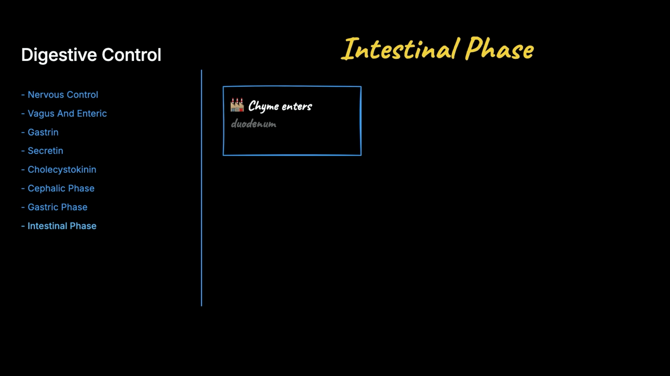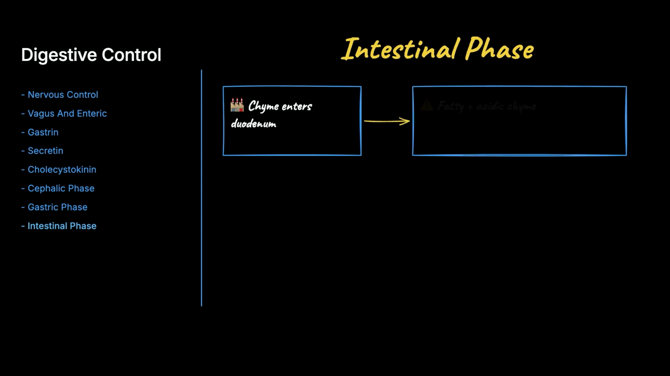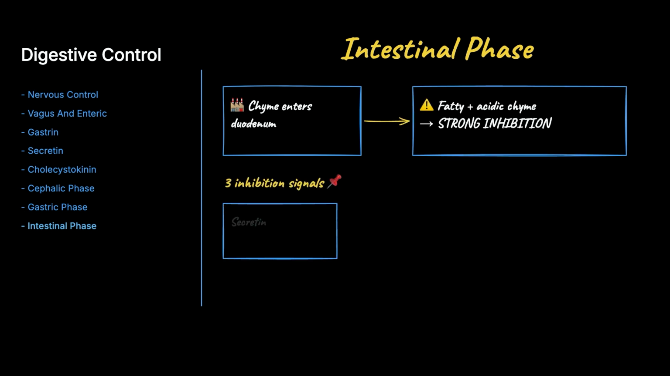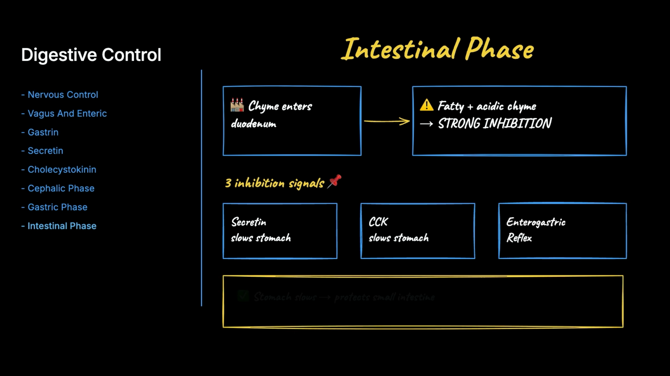The third is the intestinal phase, beginning as chyme enters the duodenum. At first, it mildly encourages the stomach, but as fatty acidic chyme accumulates, it flips to strong inhibition. Through secretin, CCK, and the enterogastric reflex, it slows the stomach, protecting the small intestine from being flooded faster than